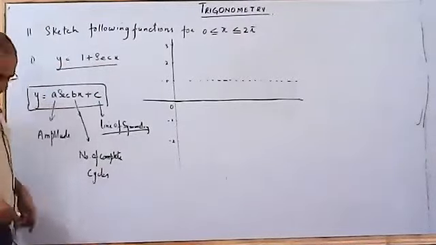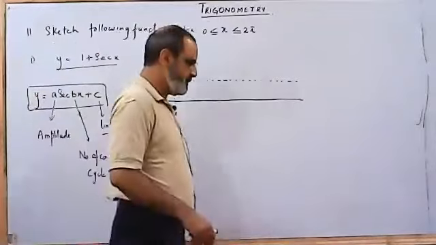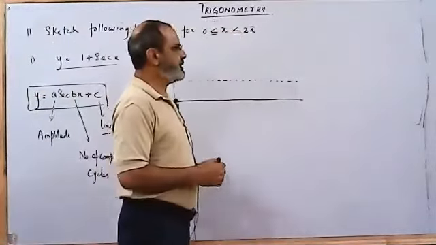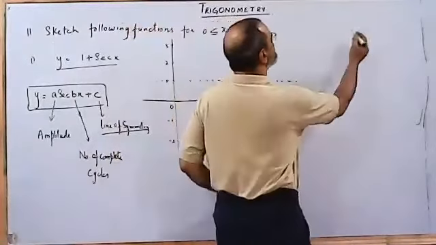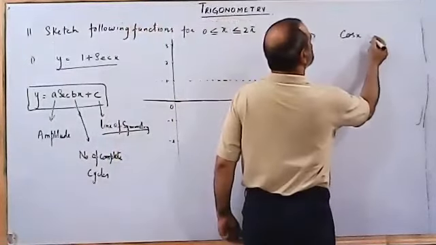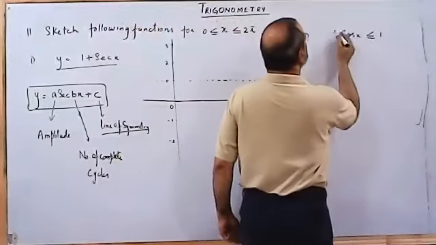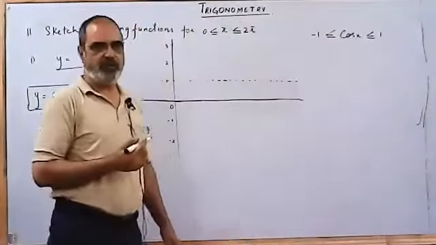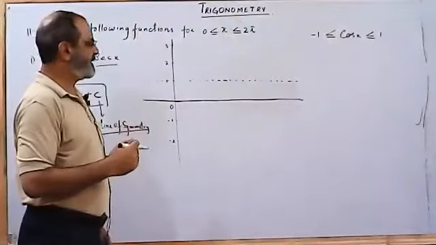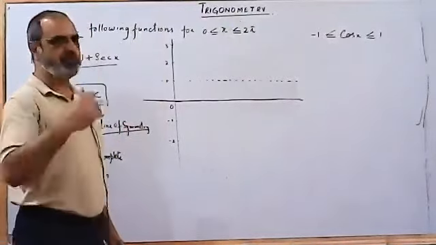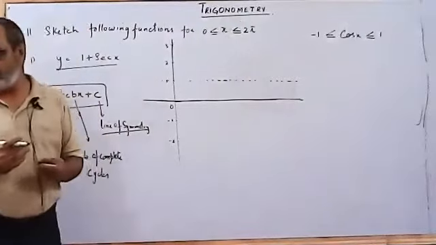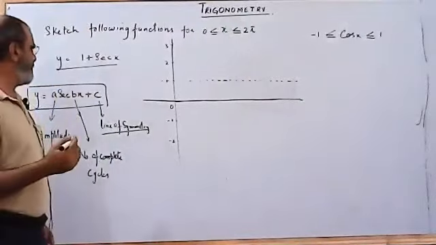Now secant is the reciprocal of cos, and cos has maximum and minimum values. Cos has a maximum value of 1 and a minimum value of -1. So the curve of cos can fluctuate between 1 and -1. But in case of secant, it will be an infinite curve. Let's see how to plot it.